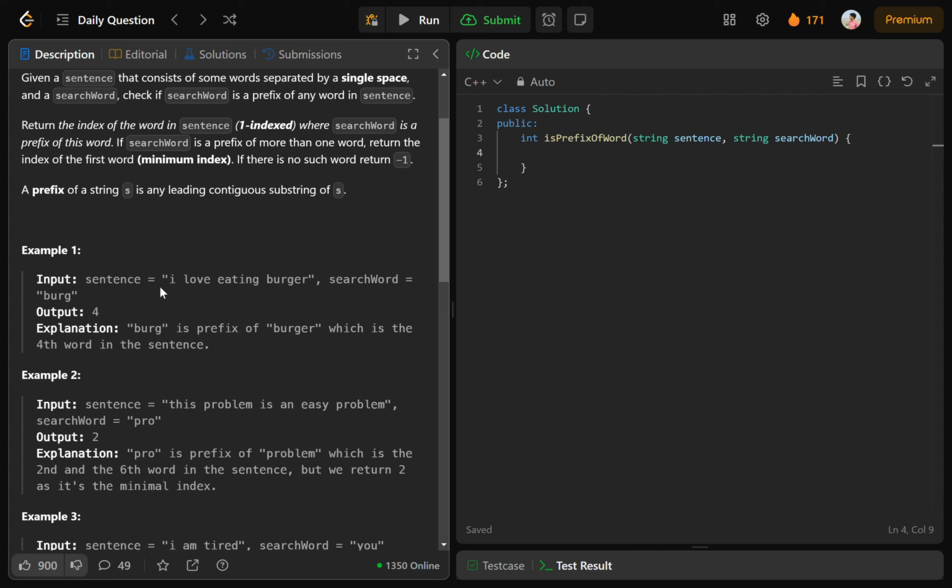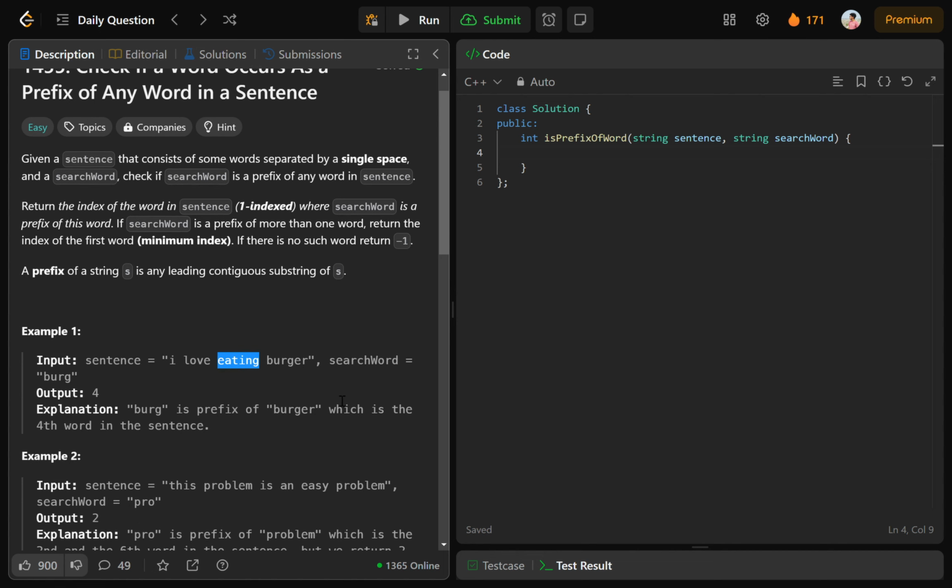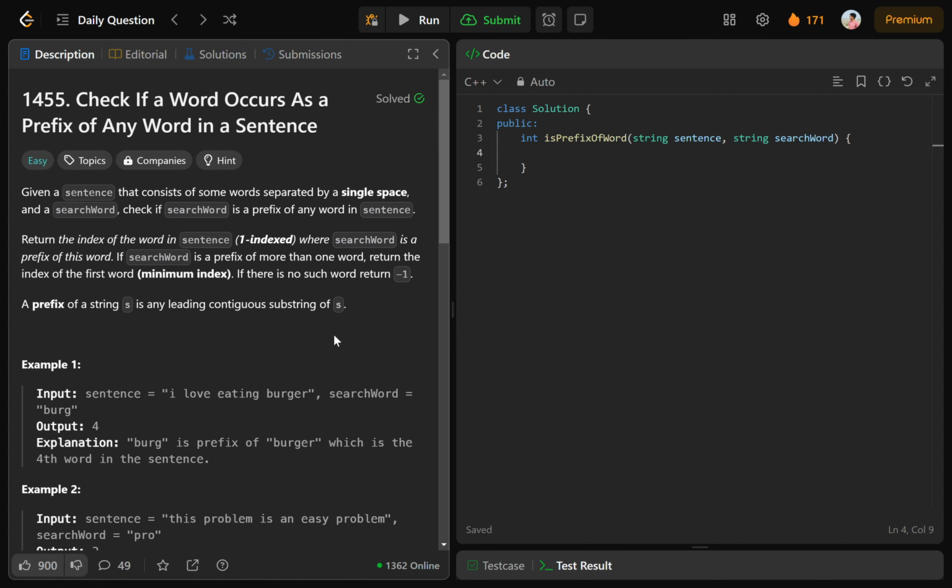So what we will do is go to the next space, and after going to the next space we will increment the i pointer once, so we will reach the next word. We will check every word, and any time we find a word whose prefix matches the search word, we will simply return the index. Initially we will take index equal to 1 because we have to return 1-based indexing. Now let's take i